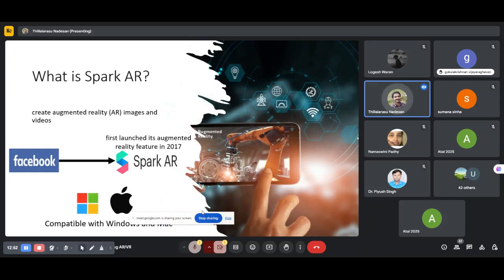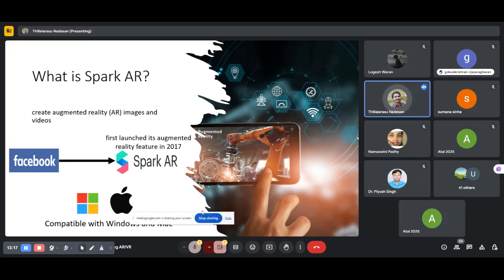It is used to create augmented reality images and videos. Facebook launched the augmented reality feature in 2017, which is called Spark AR, combined with Windows and Apple. Facebook keeps financing the platform features. Most recently, it added statistics to Instagram also.